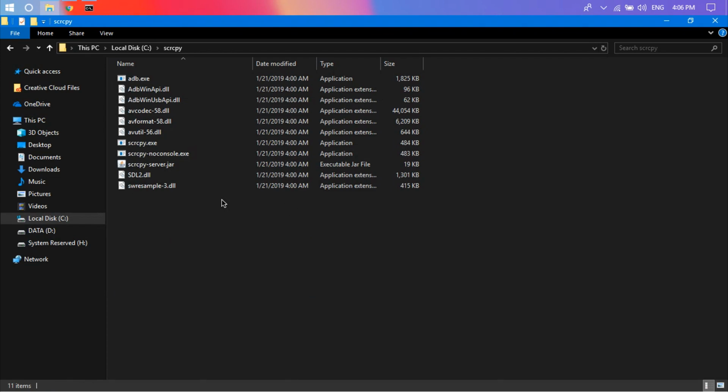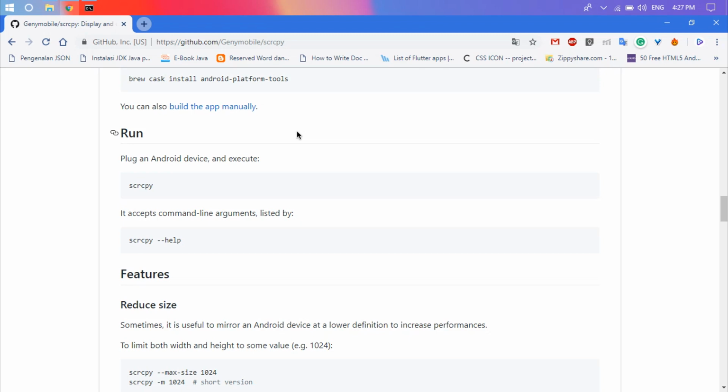To mirror the device screen on the computer, we need to call this folder and write some code. Okay, running Scrcpy on Windows is super easy. Here we can see: plug in an Android device and execute scrcpy.